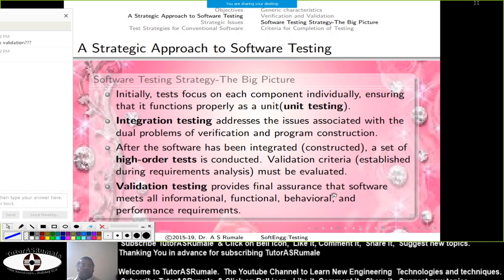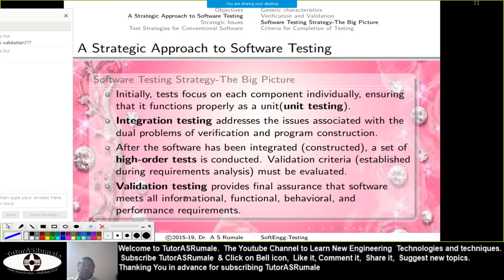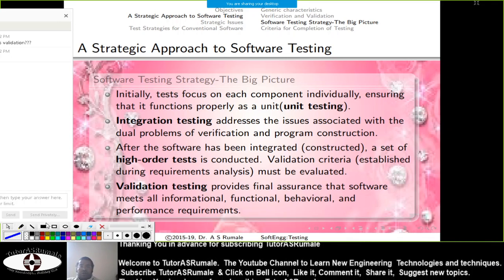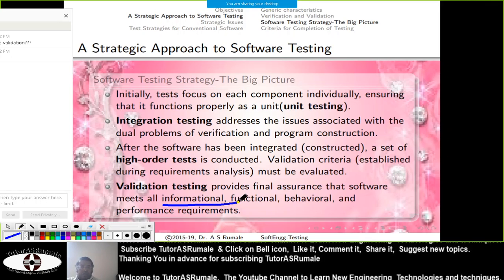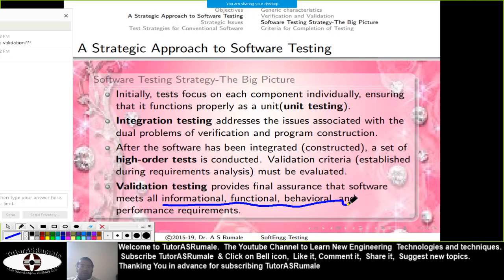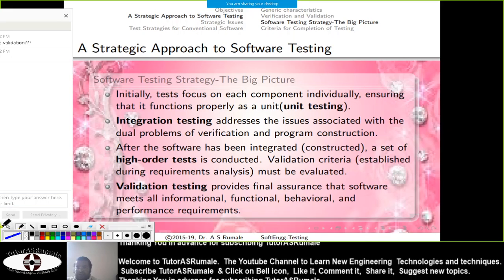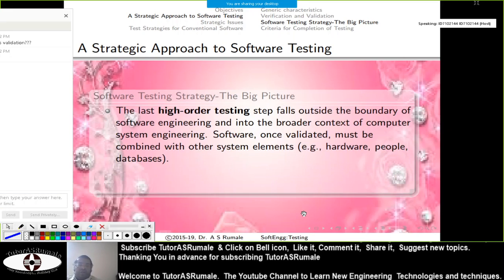Then validation testing is the final step, where you identify whether the informational, functional and behavioral performance requirements are satisfied by your software or not.